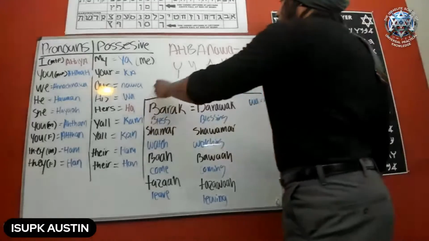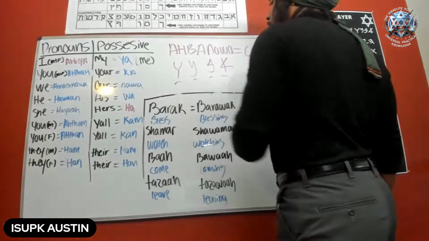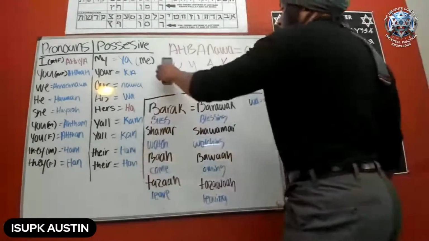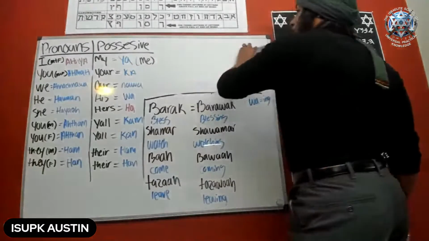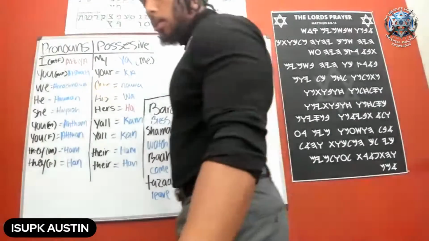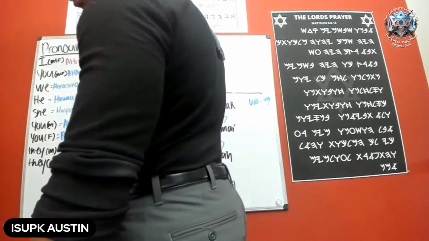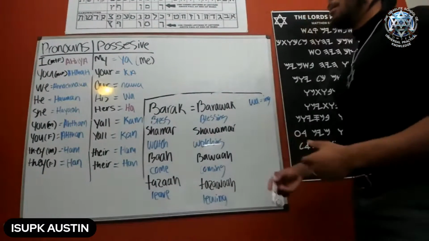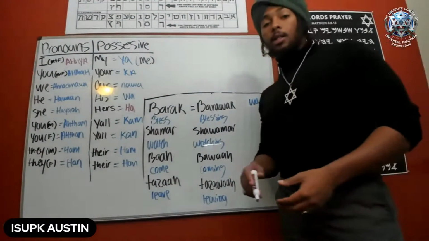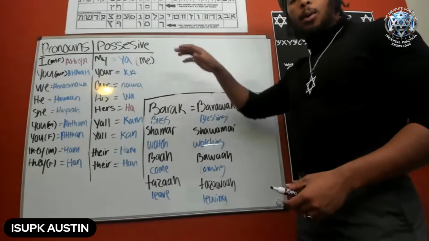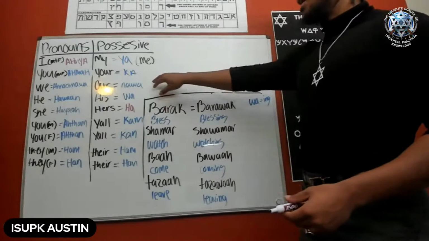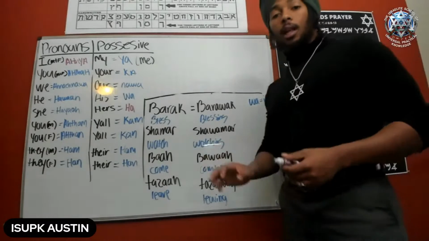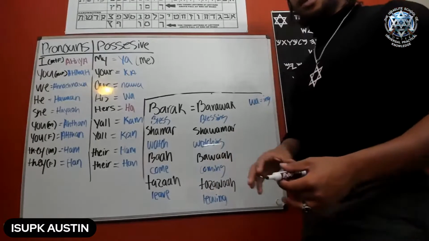We also use ha, so we use that on Abba. Like Abba wa, right? Let's see if we can find another example of using possessive pronouns. So you see how we broke that down? It's real simple. I'm not going to go over it all the way because we did it last class. But see how we had Abba, which was father. We made it our father. We put Nawa right here. Now we're going to break down the difference between the formal and the informal.